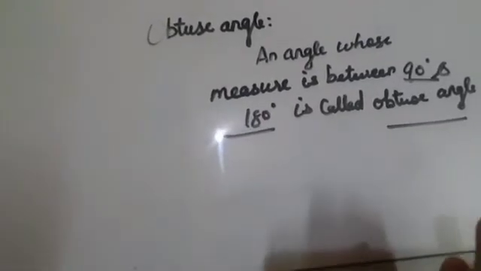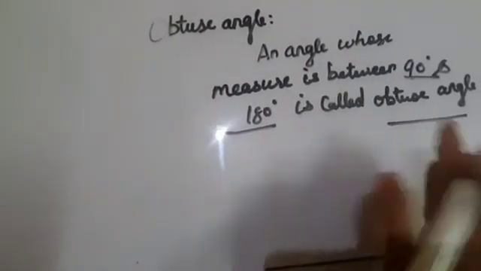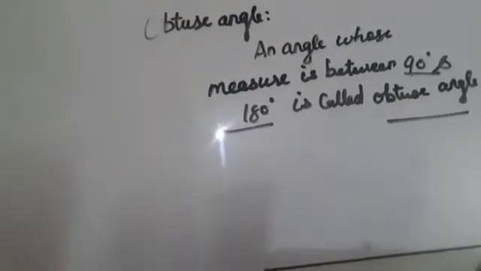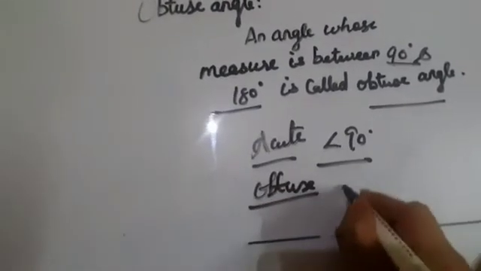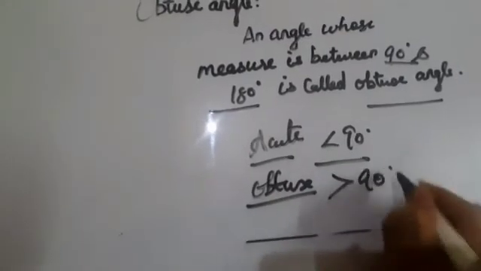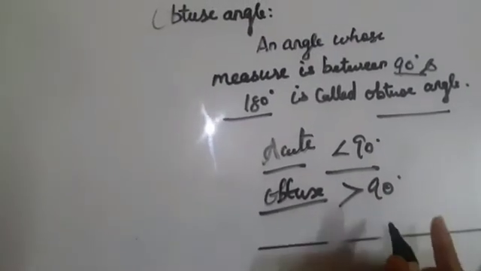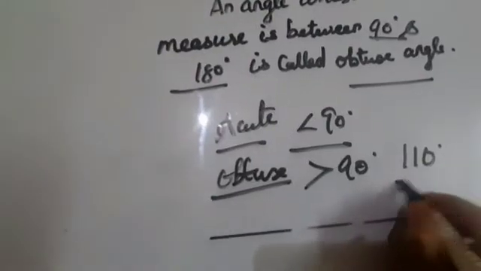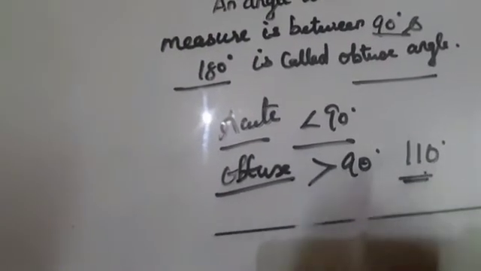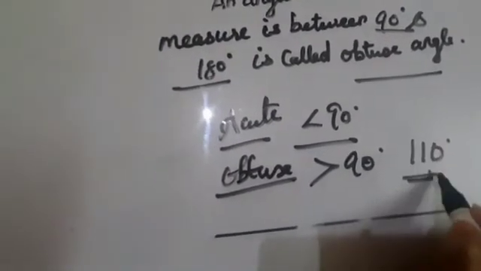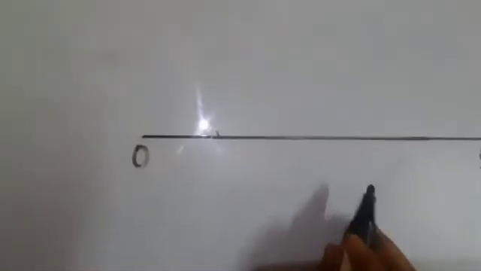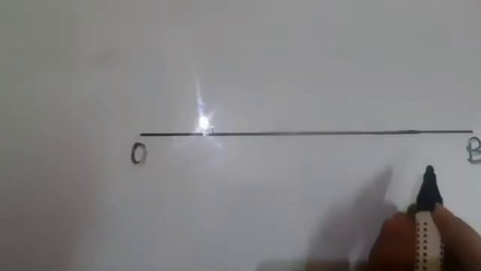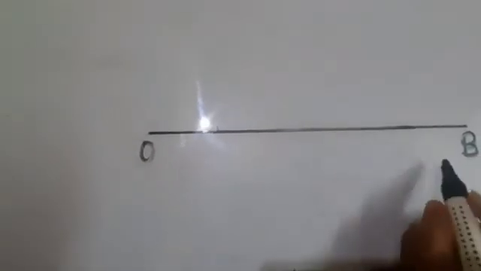So you got to know that if an angle is less than 90 degrees, then it is called an acute angle. If it is greater than 90 degrees, it is an obtuse angle. Now we are going to construct an obtuse angle of the measure 110 degrees. See here, using the ruler I have drawn a straight line and I have marked 2 points